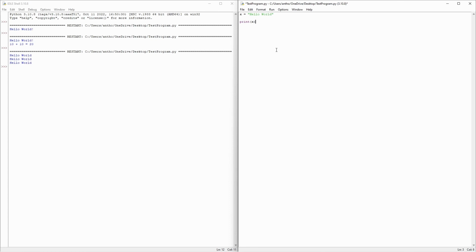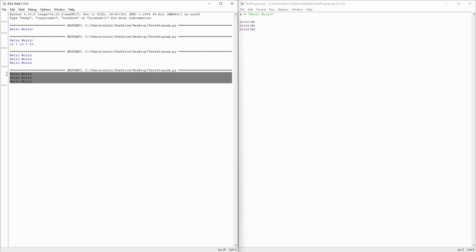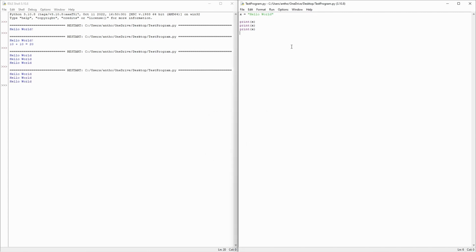So now if we wanted to do what we originally wanted to do, which was print it 3 times, notice how much nicer this is to do. When we run, same output. Hello world, hello world, hello world. Simple. So with that in mind, variables are very powerful, but it's important to know some theory on them